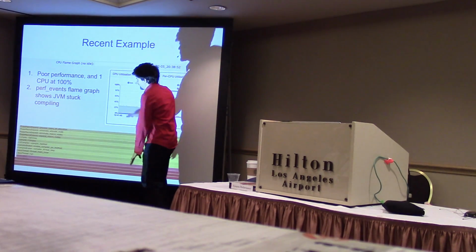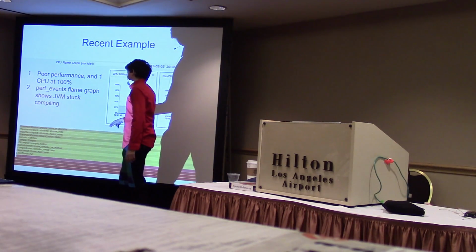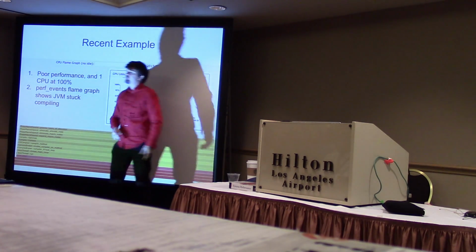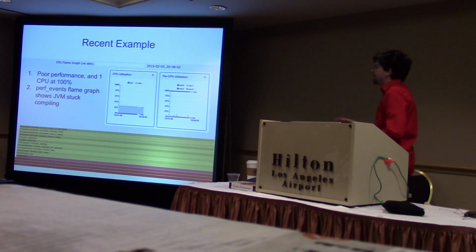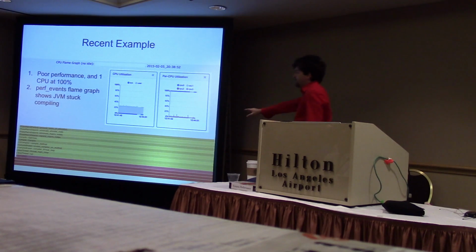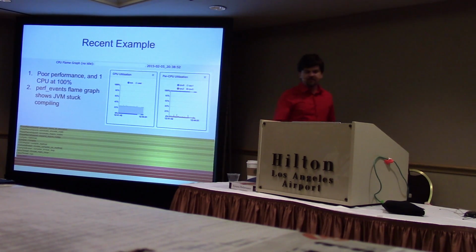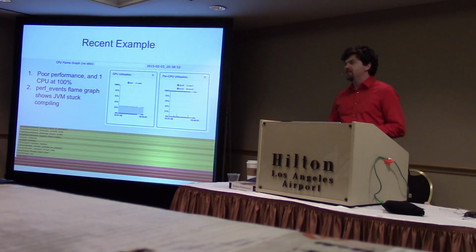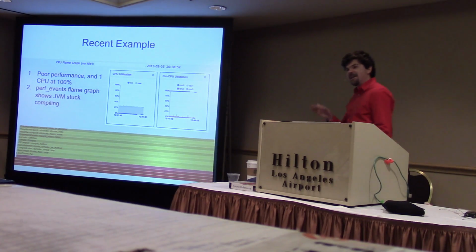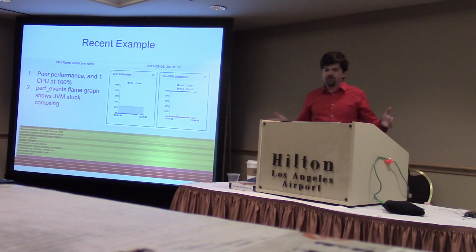This is a stack trace, and going down is ancestry. The function is process uses of allocation, which is called by eliminate allocate node, and so on and so on. So we're just stuck in one function, and that's why we're burning CPU. That was really helpful because we believe it's a JVM bug, and I did a code and register analysis of that. Because we're using perf events, we get the full profile, so we understand. If you're just using specific application profilers, we wouldn't have been able to solve this issue. You needed a system profiler to look at the big picture.